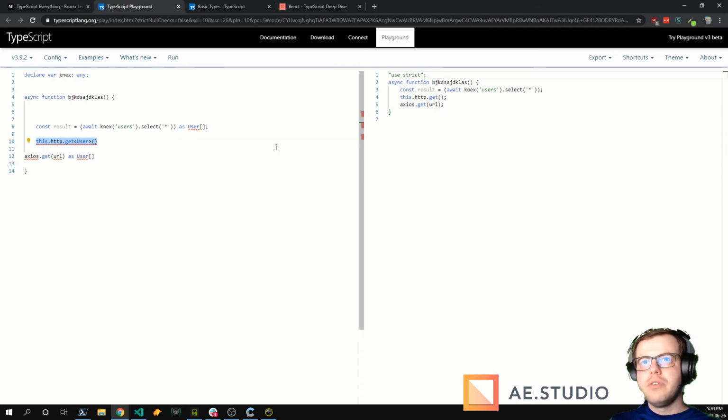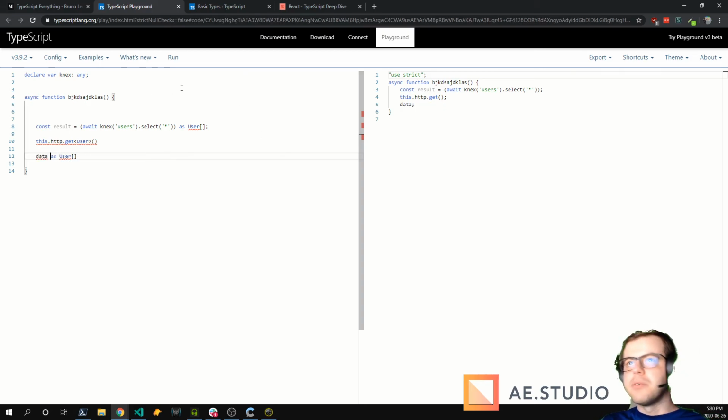So you don't need to do as and the type in Angular because the get function accepts a generic type. But in Axios, you would need to cast the data, data as. Yeah, those are good examples. Cool.